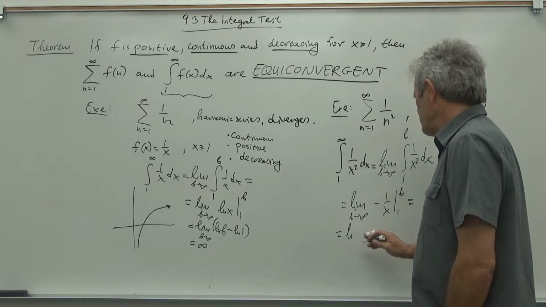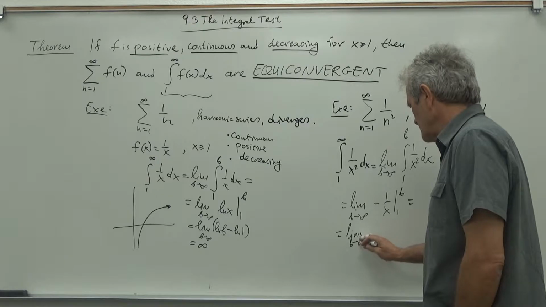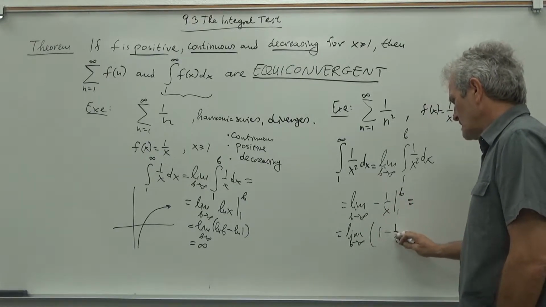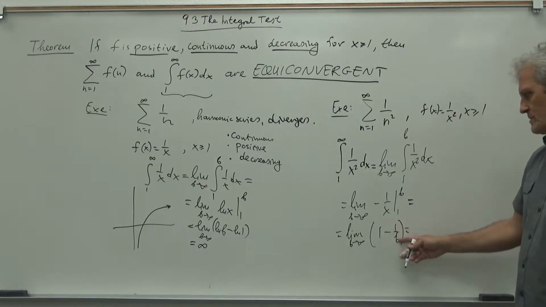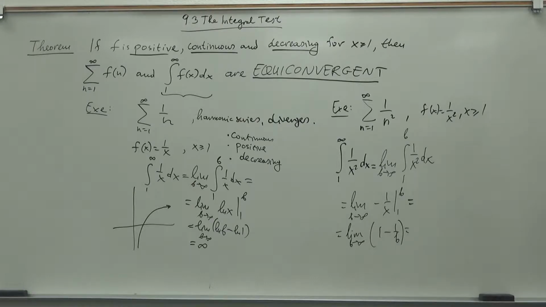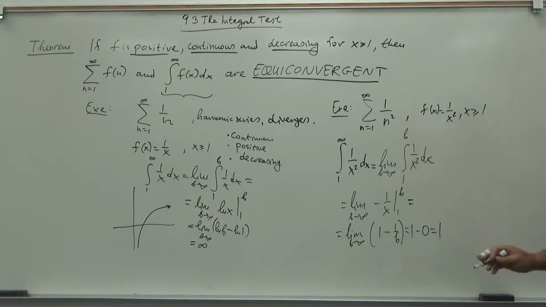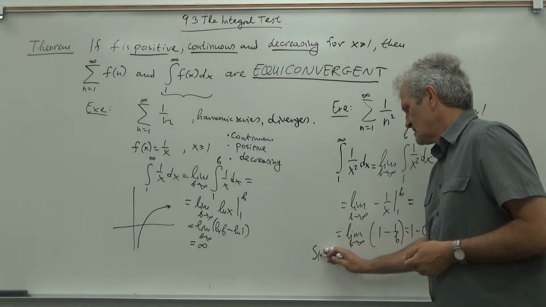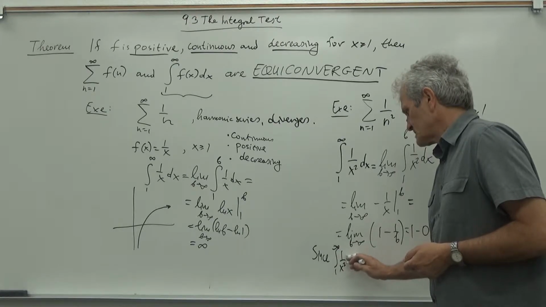Let me flip the limit when it goes to infinity. Because of the minus, I flip the limits. 1 over 1 is 1, minus 1 over b. When b goes to infinity, 1 over a huge number is very small, the result approaches 0, so we get 1 minus 0, which is 1. So the conclusion now is completely different, and that is since the integral from 1 to infinity of 1 over x squared